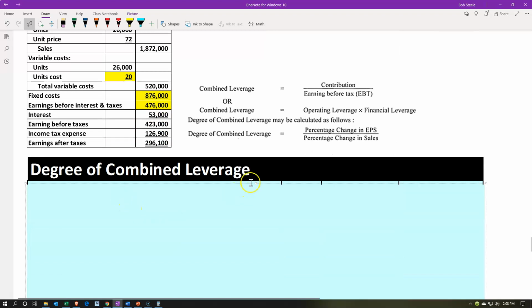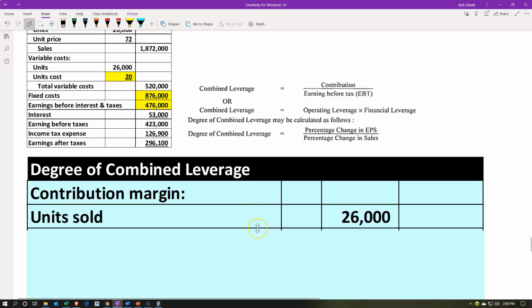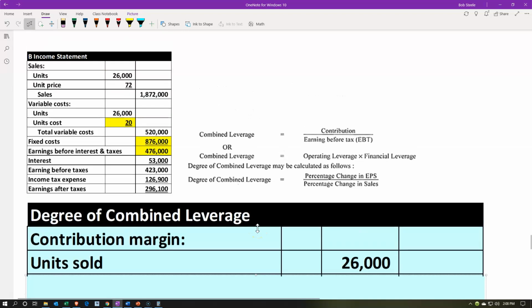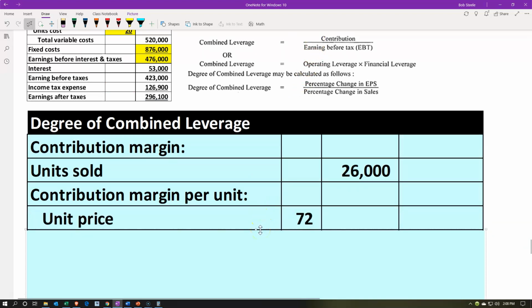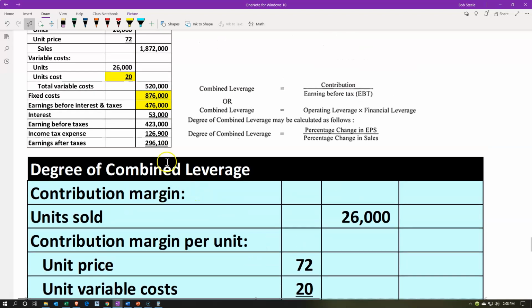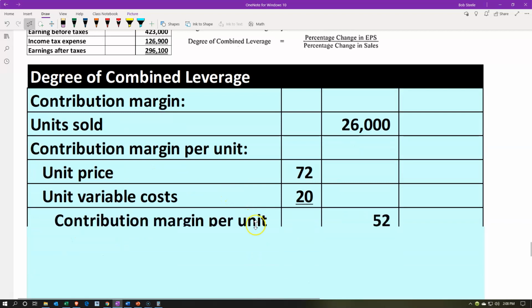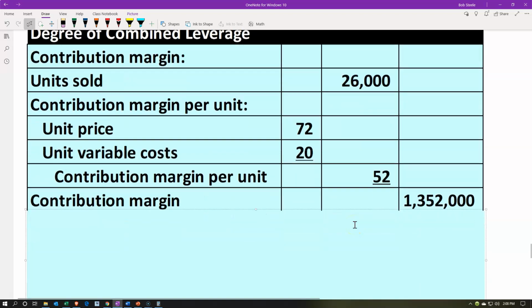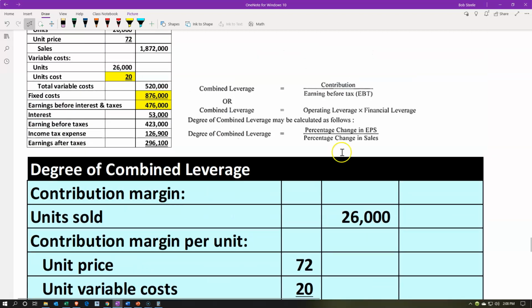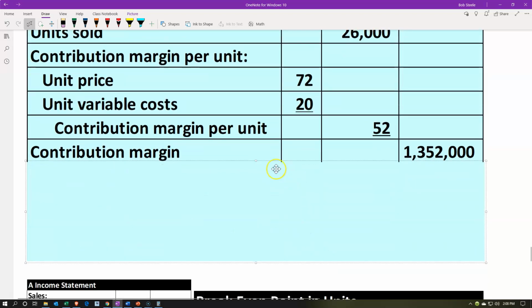So if we then do our calculation here, let's use these numbers. We've got now the 26,000 times the contribution margin. We're calculating the contribution margin here up top, the numerator of our formula, the unit price, and now the variable costs are different per unit, now at 20. The 72 minus the 20 is now 52 contribution margin per unit. If we take then the 26,000 times the now 52, we get the contribution margin total, top part of our calculation, the numerator,